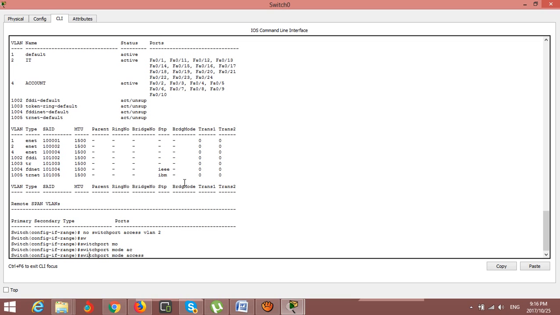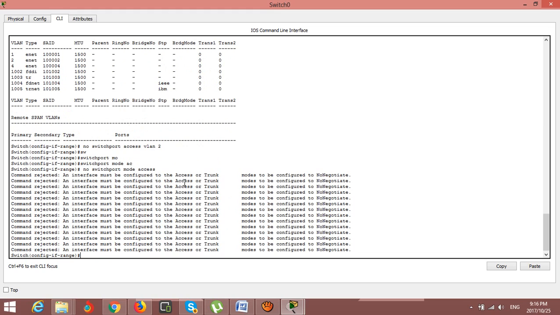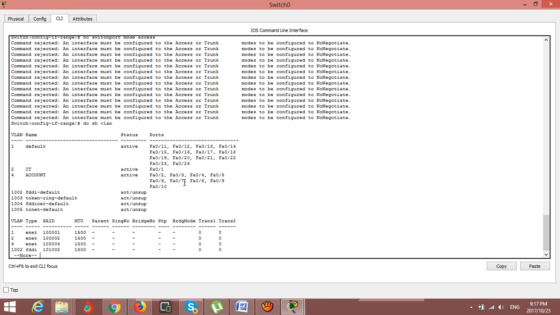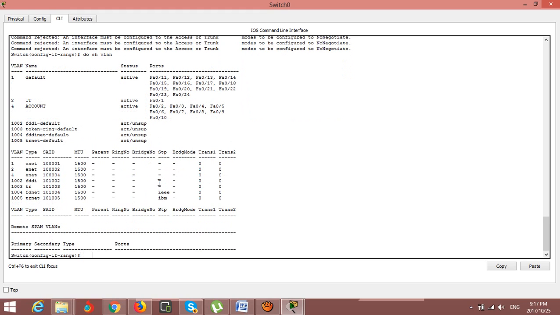Here you type no. Here you can see that there is no port at this time. There is only one port at this time in VLAN 2. To show VLAN, let's see that only one port. Similarly, you can use this command to remove another IT or accounts port from this port